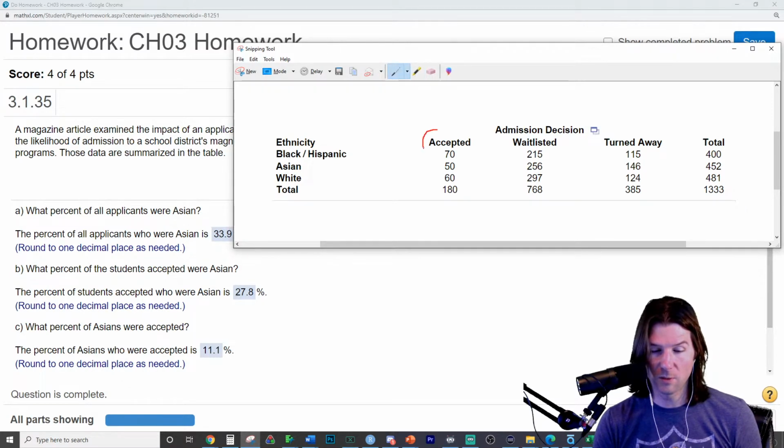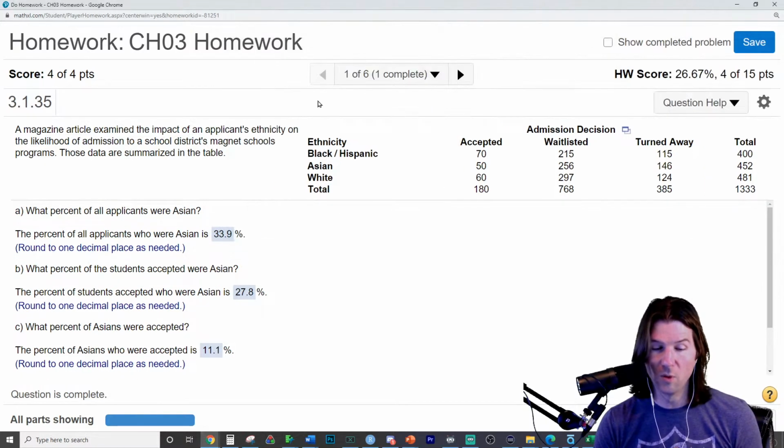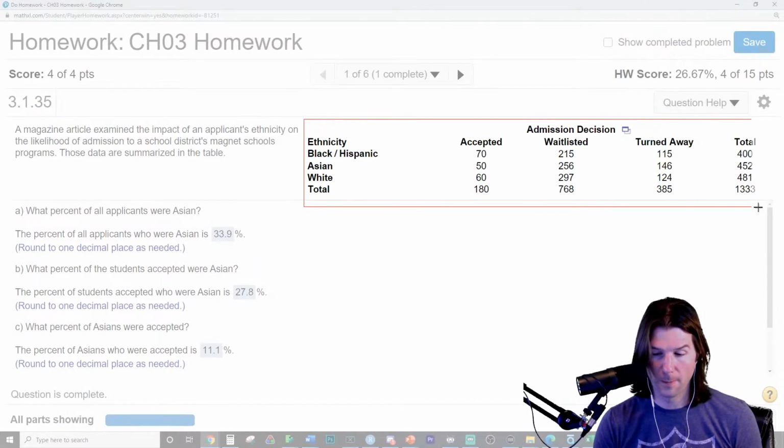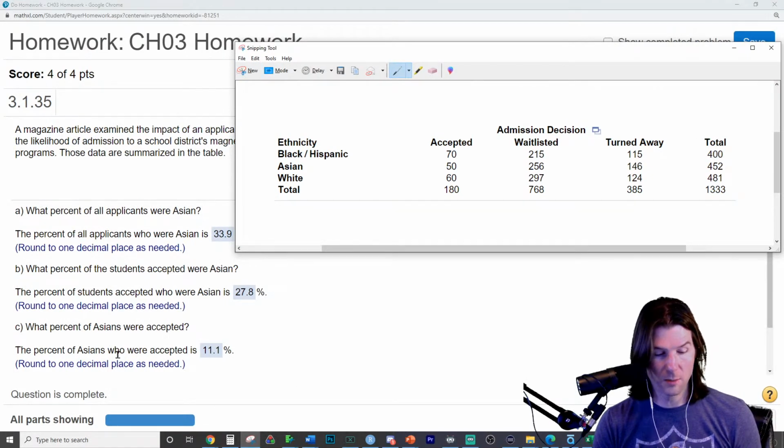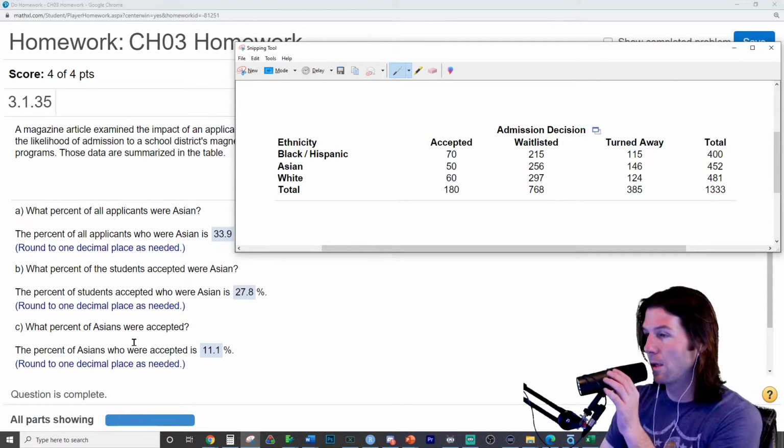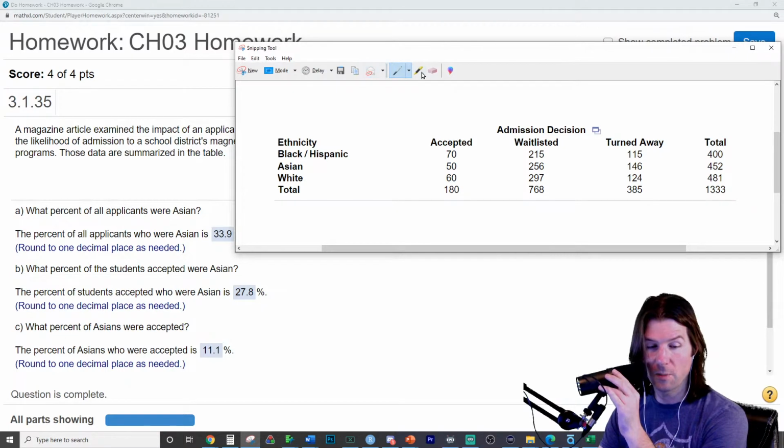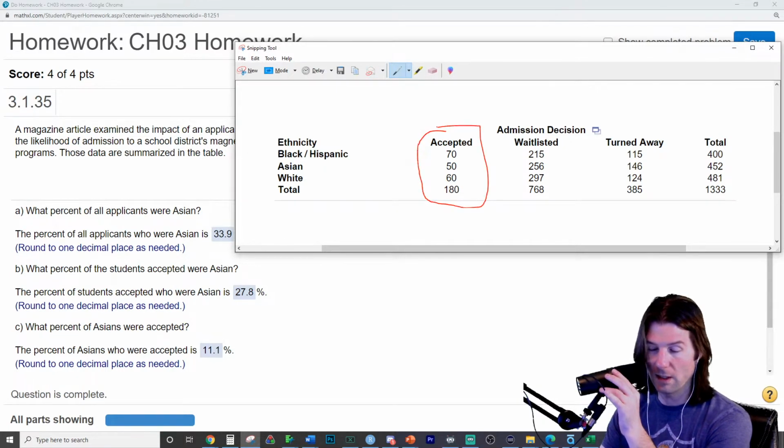So given someone was, wait. It's the one we're on, right? Yeah, good. No. You're asking about the other one. It moved the questions. So I was like, that's not the one you're asking about. You're asking about the percent of accepted students who are Asian. Good. So when we do the percent of accepted students who are Asian, we're looking at this, and this is